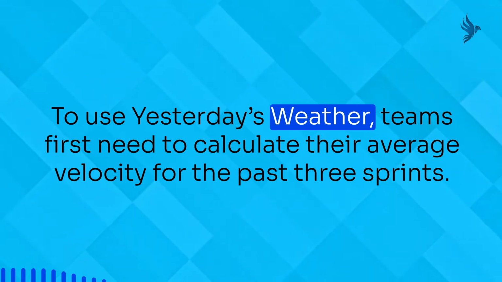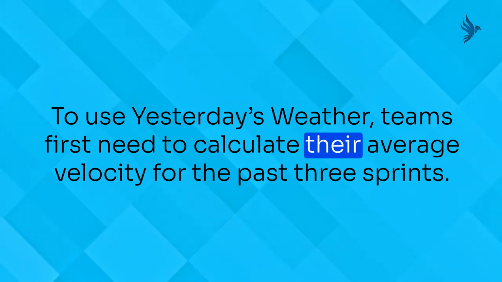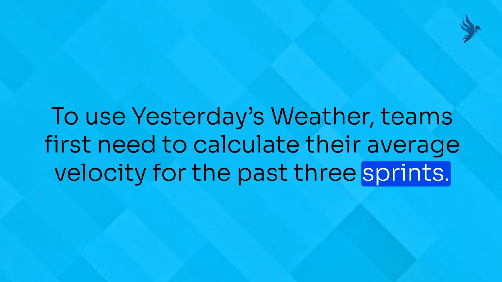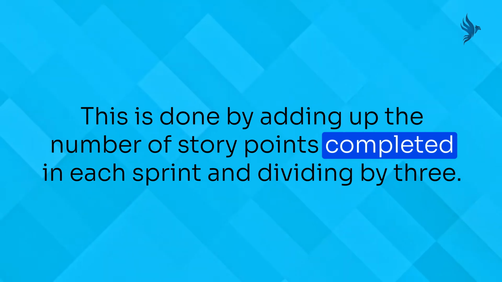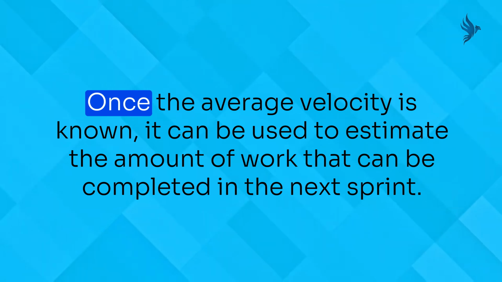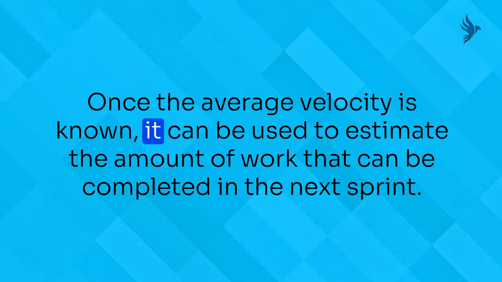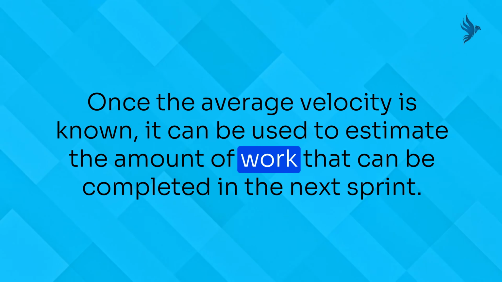To use yesterday's weather, teams first need to calculate their average velocity for the past 3 sprints. This is done by adding up the number of story points completed in each sprint and dividing by 3. Once the average velocity is known, it can be used to estimate the amount of work that can be completed